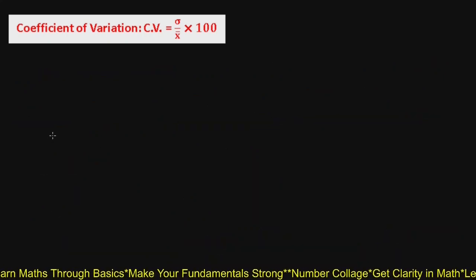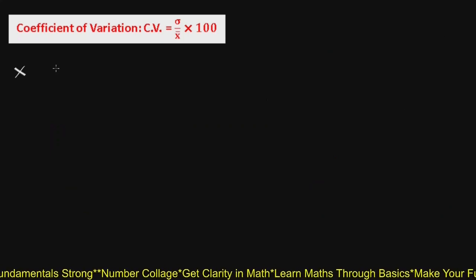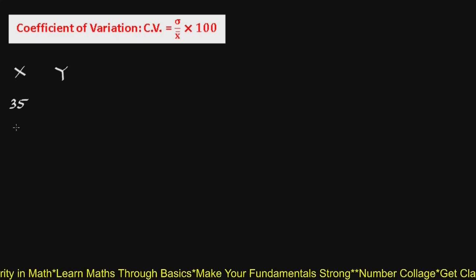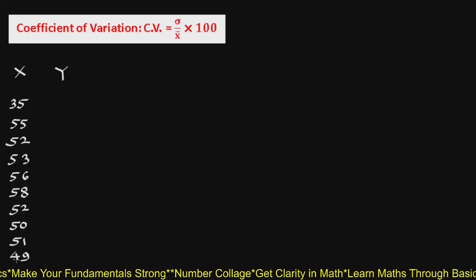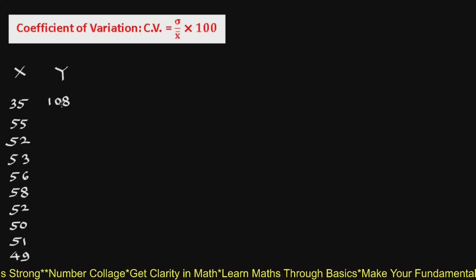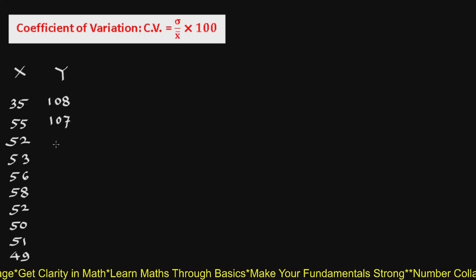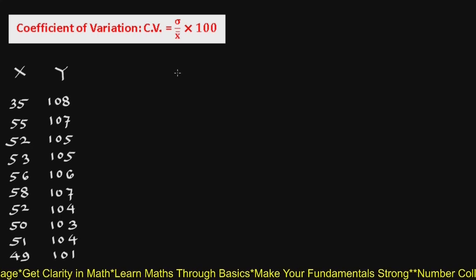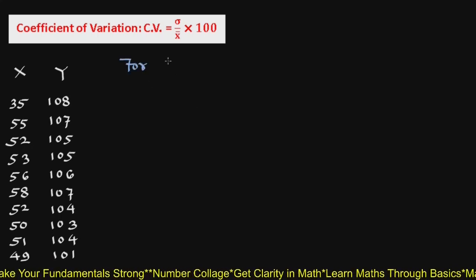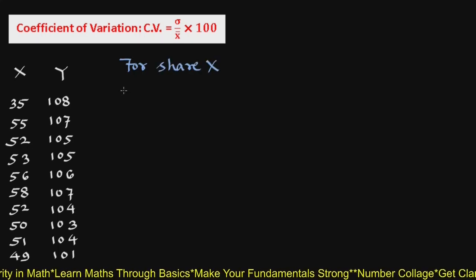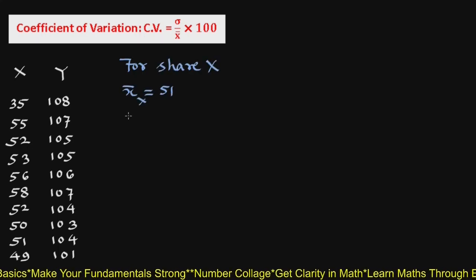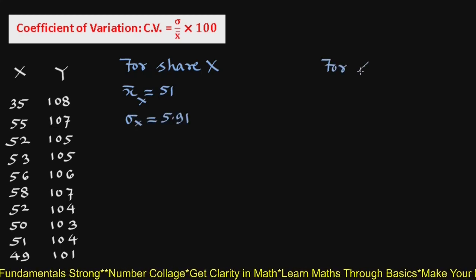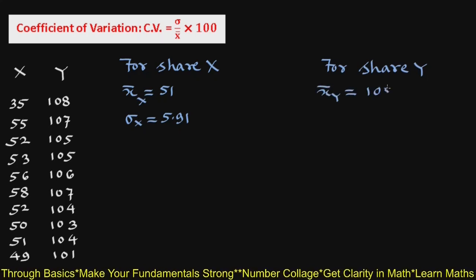Prices of two types of shares are given: shares X and shares Y. Shares X are 35, 54, 52, etc. and 49, and prices of share Y are 108, 107, etc. and 109. We will directly write the values of arithmetic mean and standard deviation. For share type X, arithmetic mean is 51 and standard deviation 5.91, and for share Y, arithmetic mean is 105